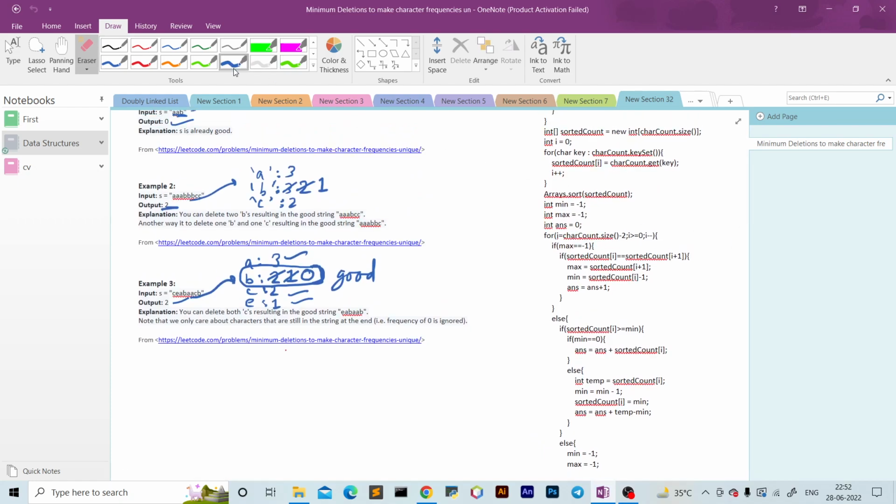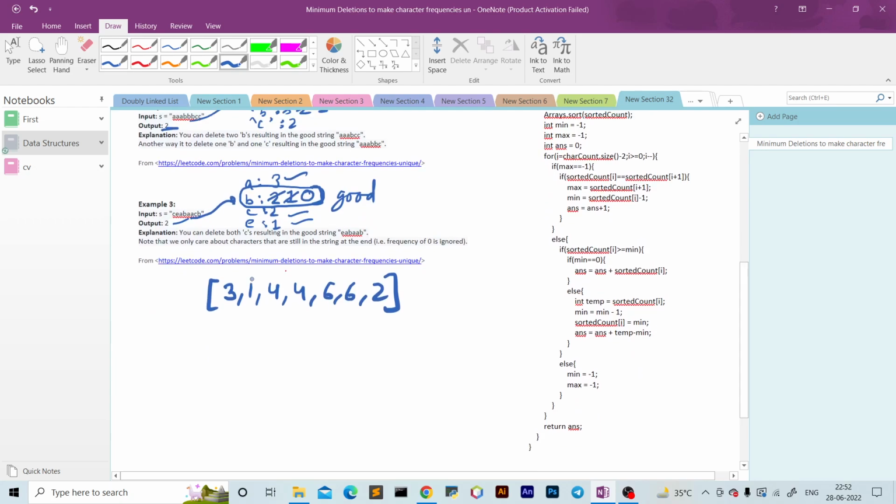So for the optimal approach, there is an observation. Let's say we have a count like this: 6 6 2. Now we can sort this count array. So it would be 1, 2, 3, 4, 4, 6, 6. Now